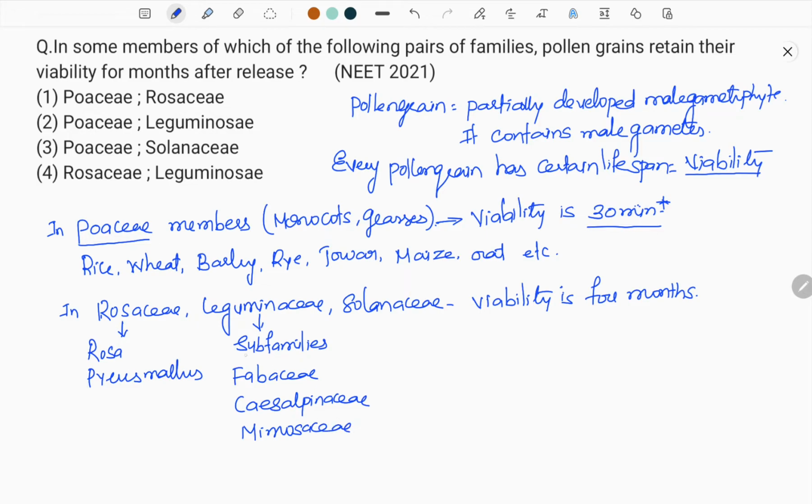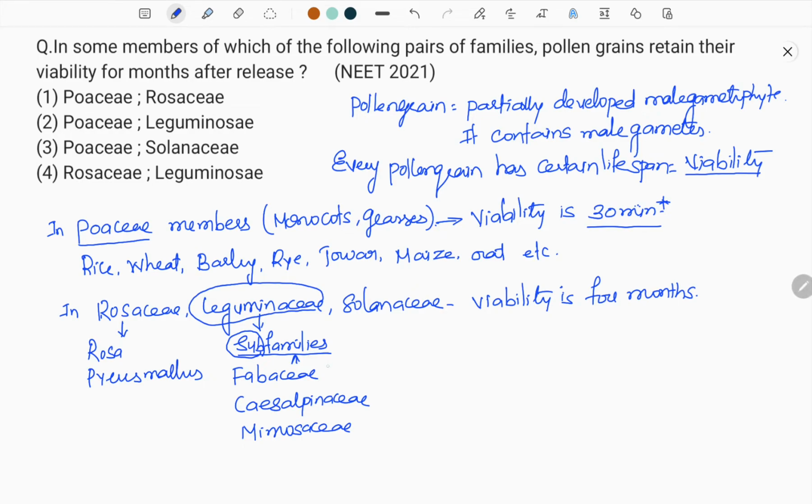So these three are subfamilies under the family Leguminaceae, but ICBN said that there should not be any subfamily. So the term family Leguminaceae was eliminated, and these three are now elevated to the position of families. Now there are no more subfamilies. All these are families, but the three families will have almost all similar characters except some rare characters.